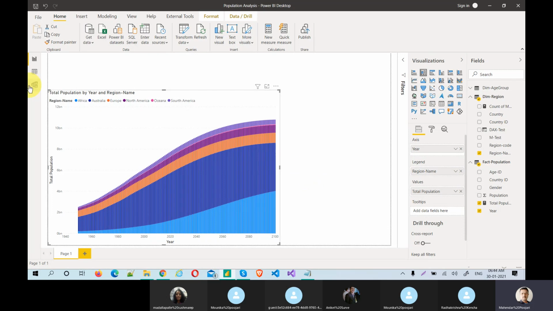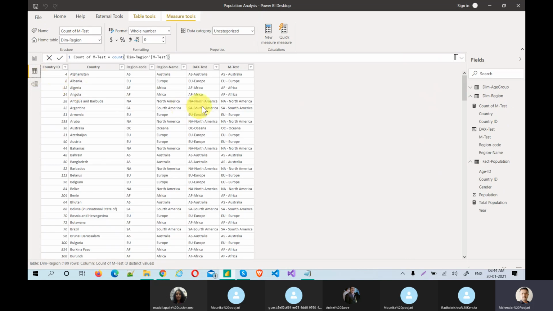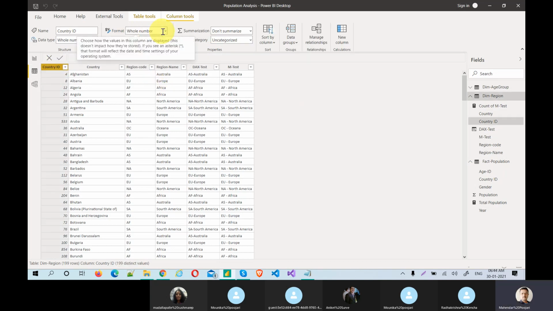You know the difference, right? The whole number and decimal number. A decimal number will have dots, like 0.00, 0.13, 0.12, something like that. That is called a decimal number. This is a whole number. See, this is a whole number. A whole number will not have any dot 00.